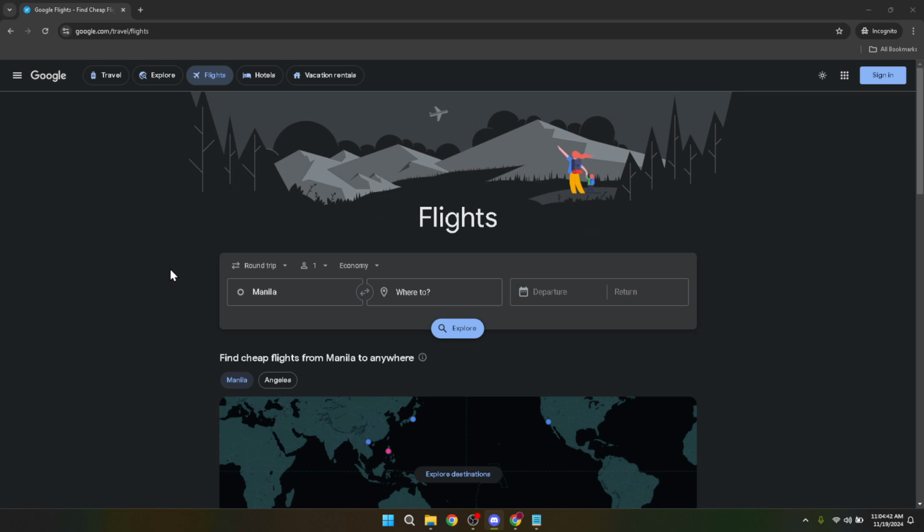First things first, let's head over to Google Flights. You can do this by typing https://www.google.com/travel/flights into your browser's address bar. Google Flights is a powerful tool, not only for booking flights, but also for keeping track of them, especially when